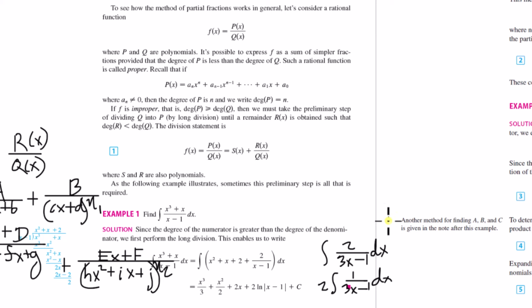Well, if you think about the natural log of the absolute value of 3x minus 1, what is its derivative? It's 1 over 3x minus 1 times 3. Right? It's 1 over 3x minus 1 times the derivative of 3x minus 1, which is 3. So you put a 1/3 here. But then you have the 2 out front, so this integral then ends up being